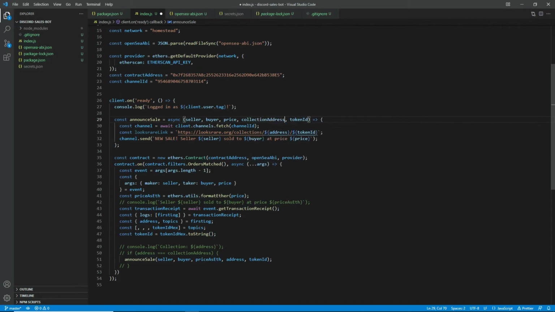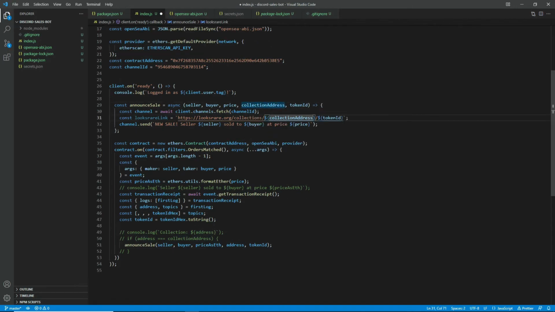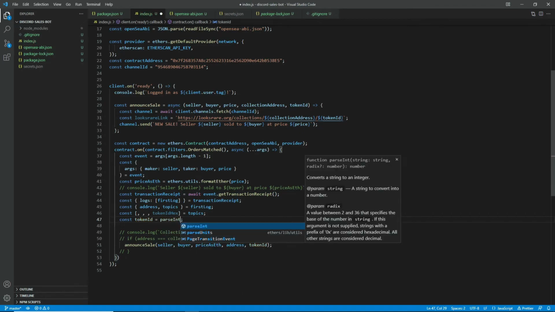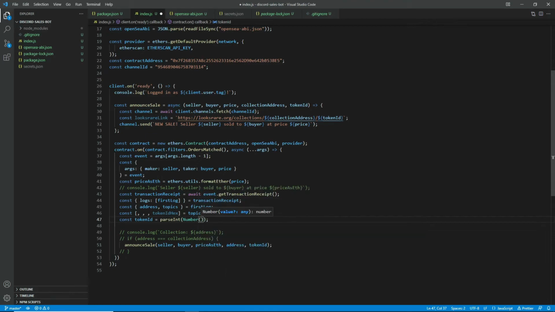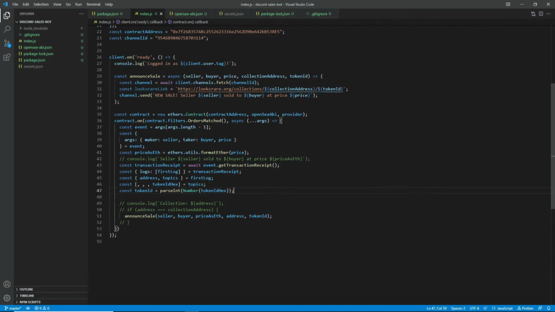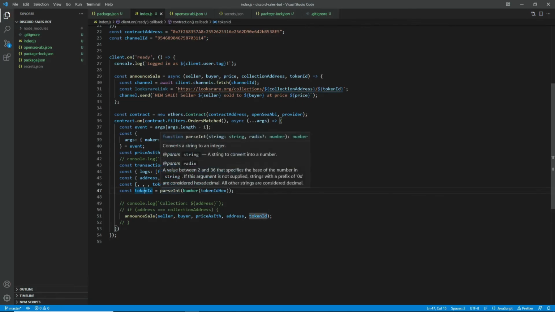Let's call it collection address. And the ID should not be it's already a string, it's a hex string, so we need to convert it into a number by parsing it, which we can do in JavaScript with parseInt on the token ID hex. Yeah, okay, so now we should be set,